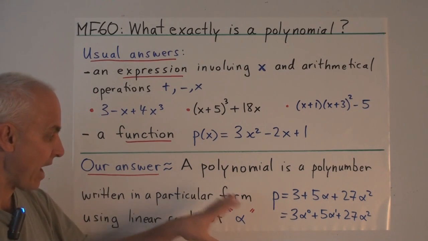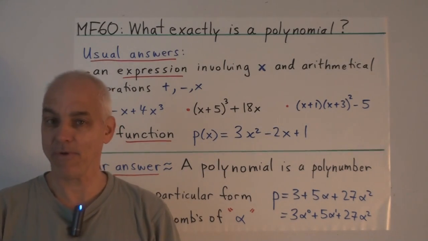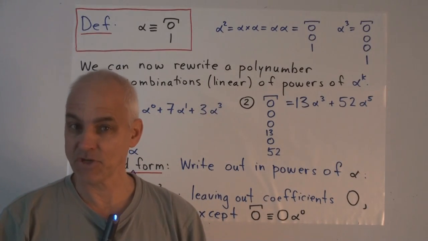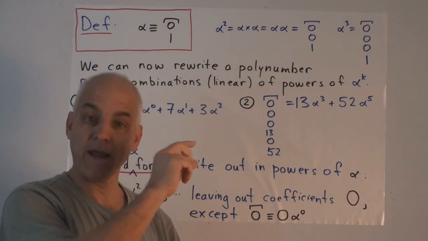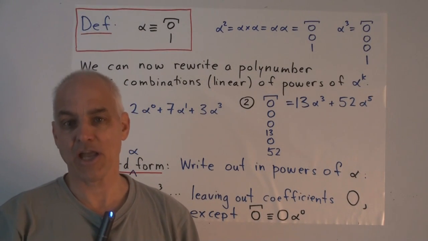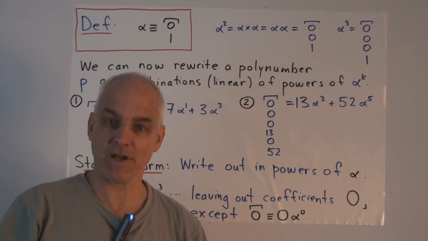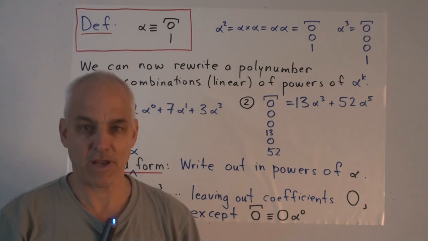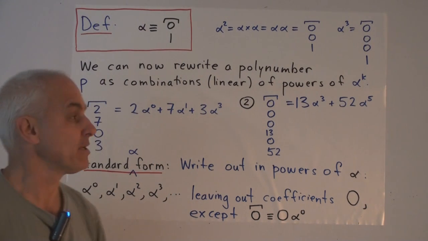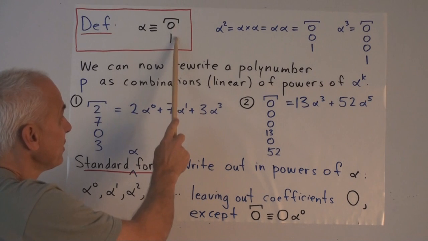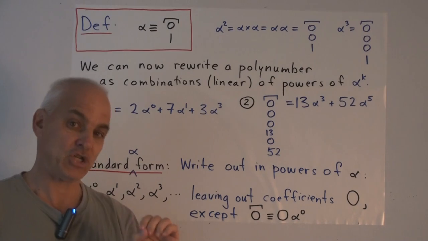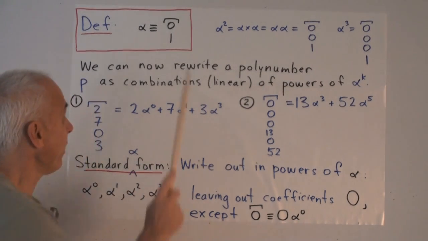And now I have to tell you how do we connect this to polynumbers? And what is this object alpha? We've made the observation before that a polynumber with just one entry at the top, the degree 0 spot, acts essentially like a number. The arithmetic for those polynumbers is just the same as the arithmetic for ordinary numbers. So the first polynumber that goes beyond that arithmetic is this one right here, the polynumber 0, 1. And that's what we are calling alpha. So alpha for us is just a particular polynumber. That one right there.